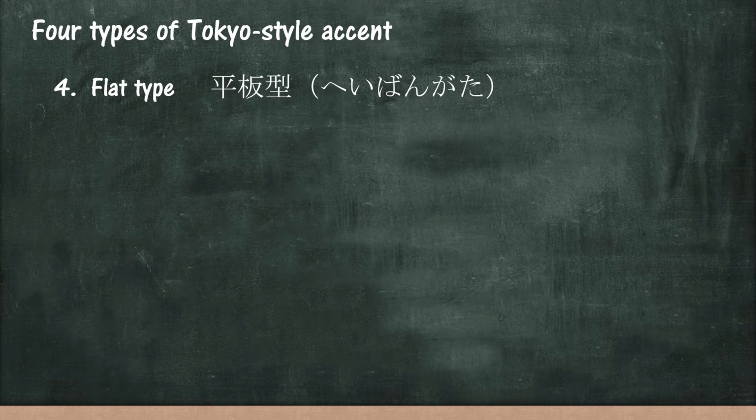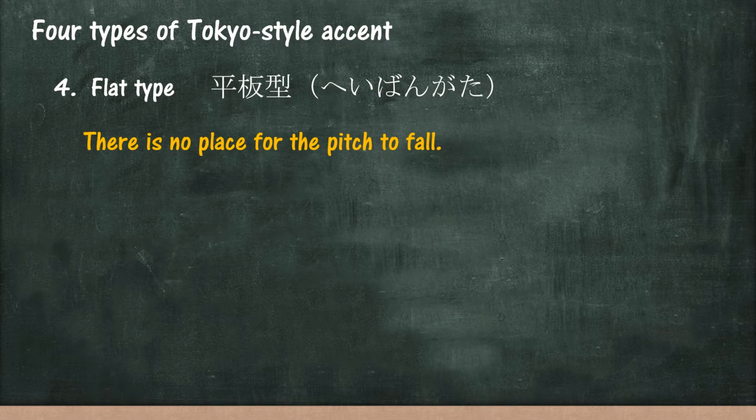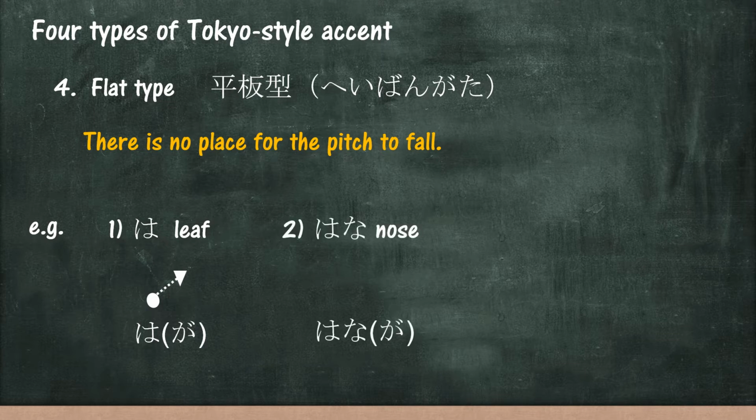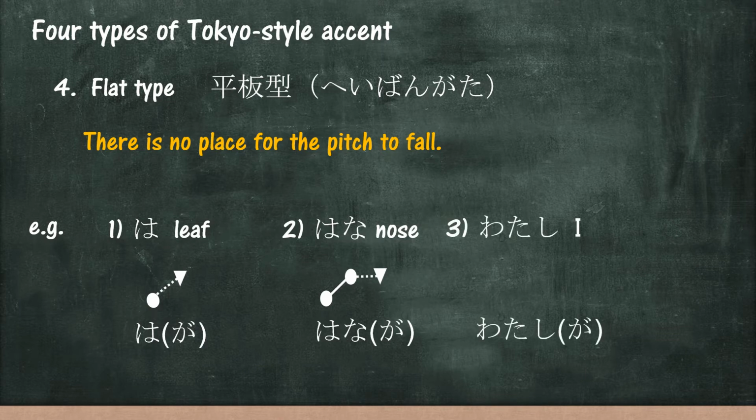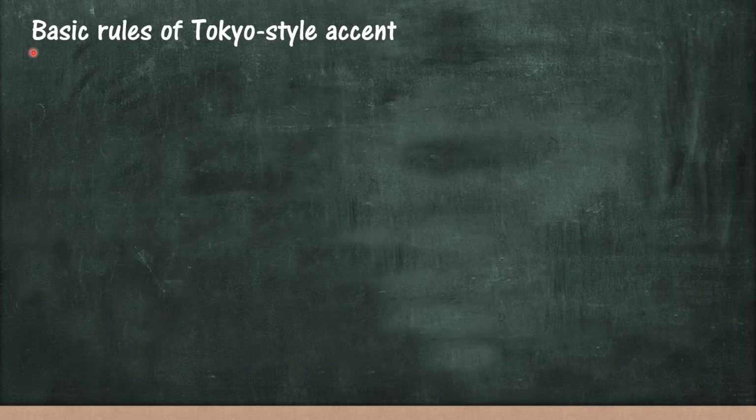Number four, flat type, 平板型 in Japanese. There is no place for the pitch to fall. Let's look at some examples. 1. Leaf. 葉、葉。葉が、葉が。2. Nose. 鼻、鼻。鼻が、鼻が。Number three, I. 私、私。私が、私が。